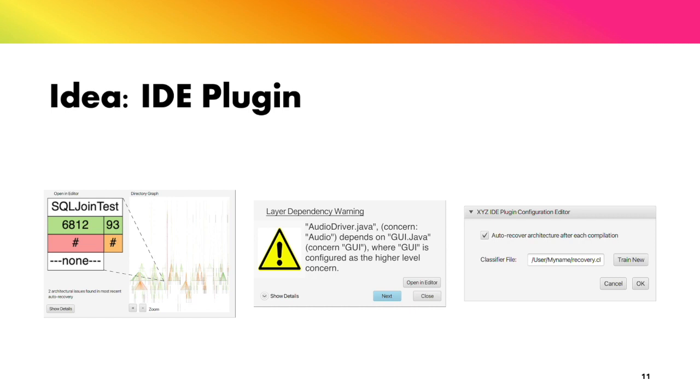It would show the file size and logical software line of code size, incoming and outgoing dependencies. And in the smaller text below, it would show that the architecture has some issues that need to be looked at. In the middle, we see a potential layer dependency warning where audio driver depends on GUI when this dependency is undesirable. And on the right side, we see a potential